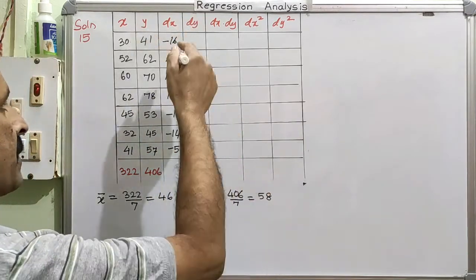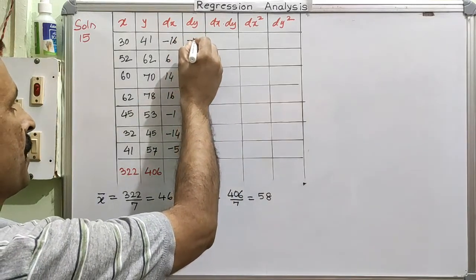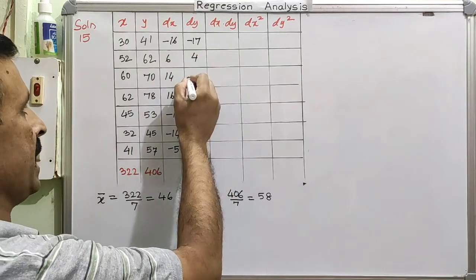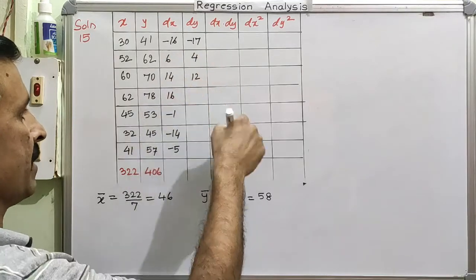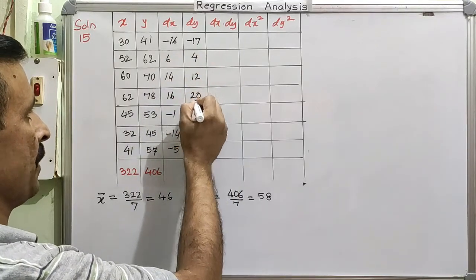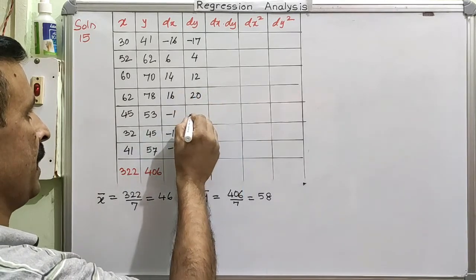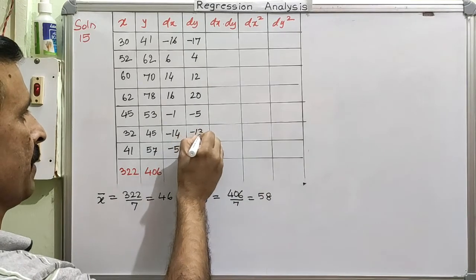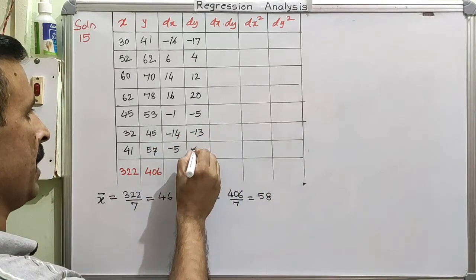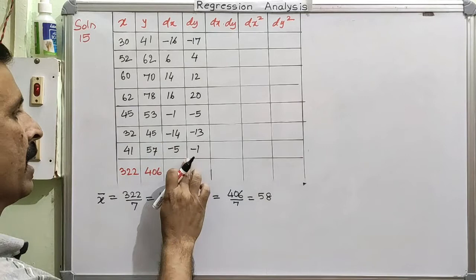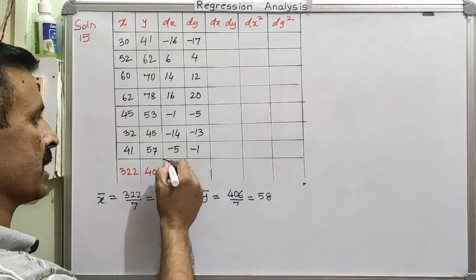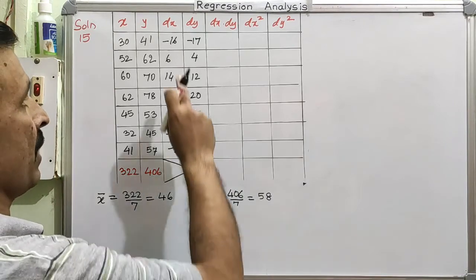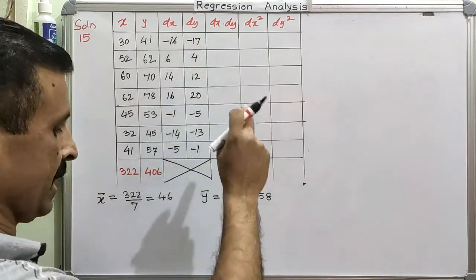So 41 minus 58 is minus 17. 62 minus 58 is 4. 70 minus 58 is 12. 78 minus 58 is 20. 53 minus 58 is negative 5. 48 minus 58 is negative 13. And 57 minus 58 is minus 1. Done, no? And what I told you in the previous two questions, that these two columns we don't need to